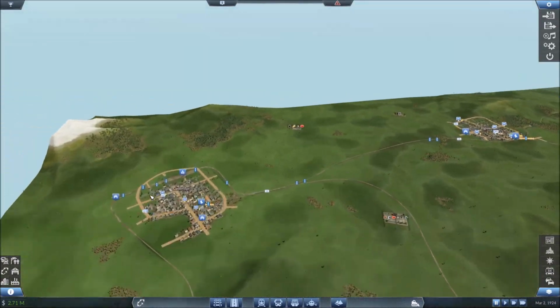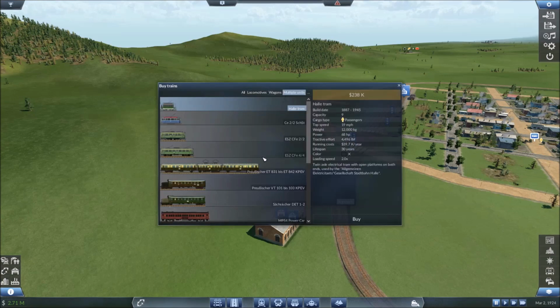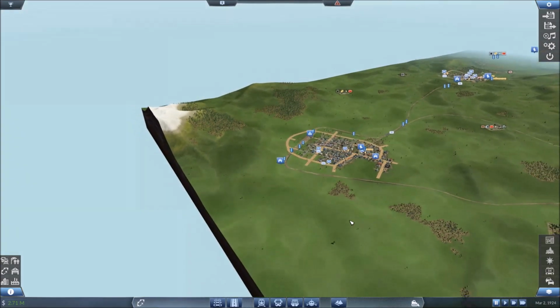Now, those little diesels you just saw, where are you? Little diesel. Where are you? I think it's under multiple units. There it is. Okay, so does 62 carry 13? I could double them. They will go a lot faster and potentially make me more money. Decisions. Do I do...